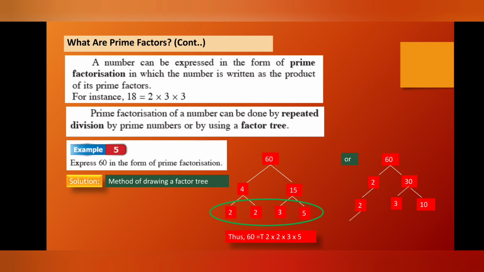So you just bring the 3 down like that. Then 10, you need to solve. What number multiplied by what number gives 10? 2 multiplied by 5 equals 10. All of these, 2, 3, 2, 5, are prime numbers. So the prime factorization for 60 equals 2 multiplied by 2 multiplied by 3 multiplied by